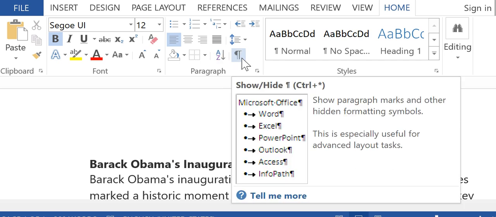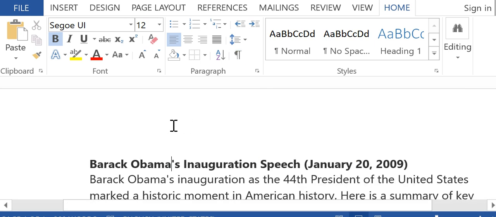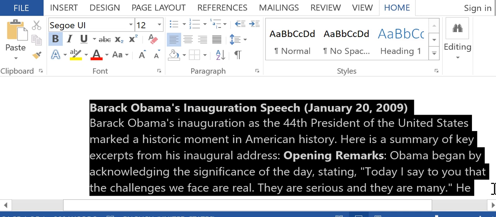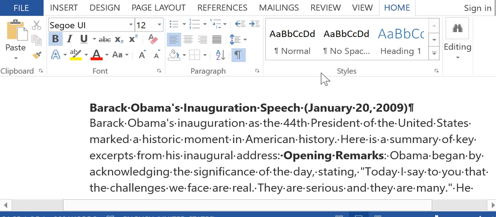The next one is show and hide, for a document or a paragraph. This is the sign which you can see, which shows the places where the paragraph is hidden. For example, let me select this one and press it. If I press it, sometimes it can be visible, other times it can be hidden. So in brief, this is